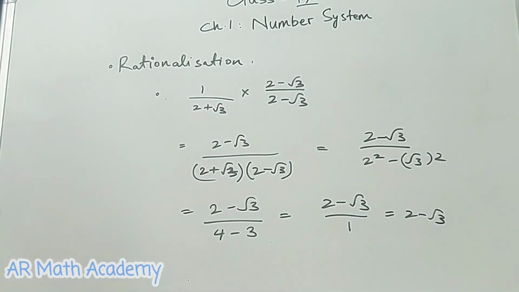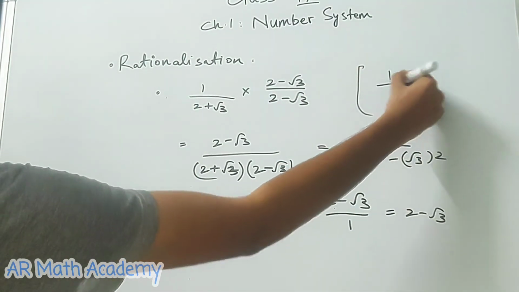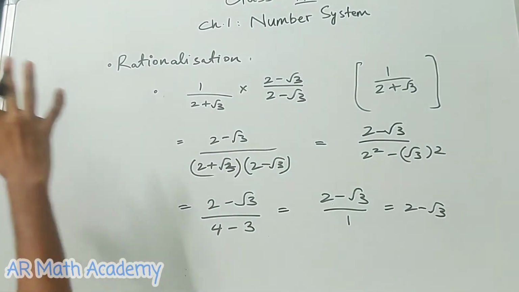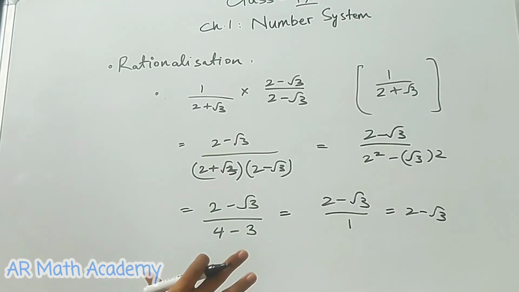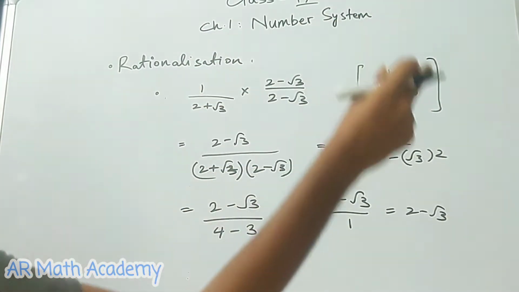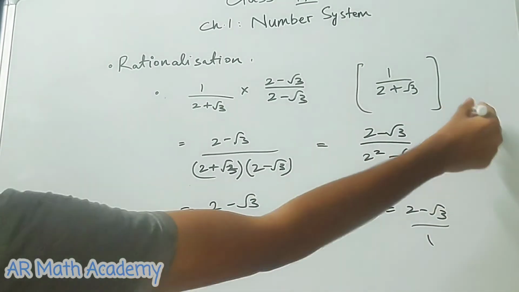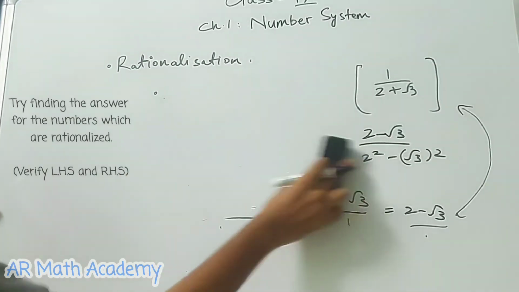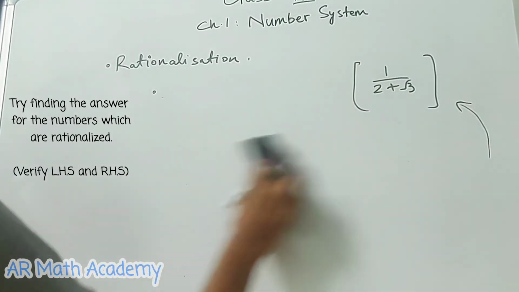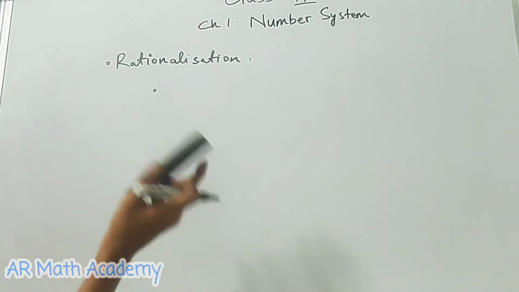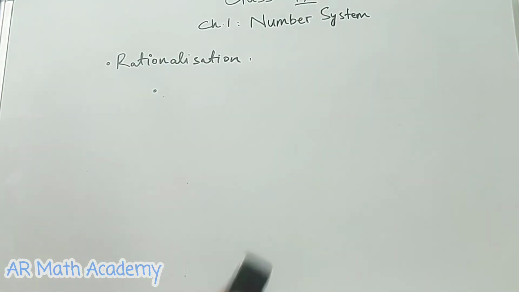Now you can wonder, I started from this, and this is the first step. What was our question? Our question was to rationalize this number, 1 by 2 plus root 3. What fancy steps are we doing? Well, it isn't anything. We are just representing this number as this number. Both of these numbers are equal. They are one and the same. So what we are basically doing in rationalization is representing the same number in a different form. That's all. The values will be the same, but it will be easier to look at.